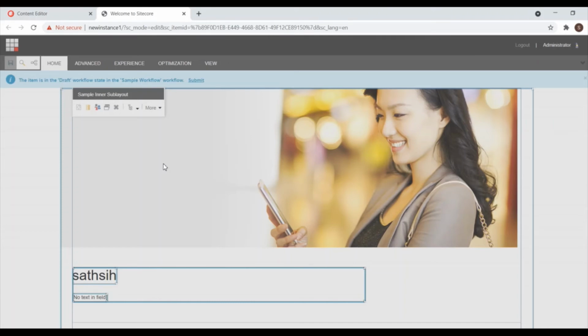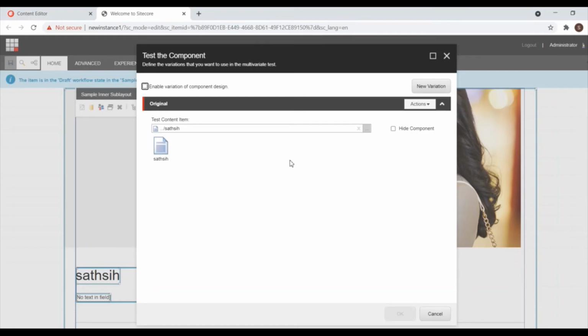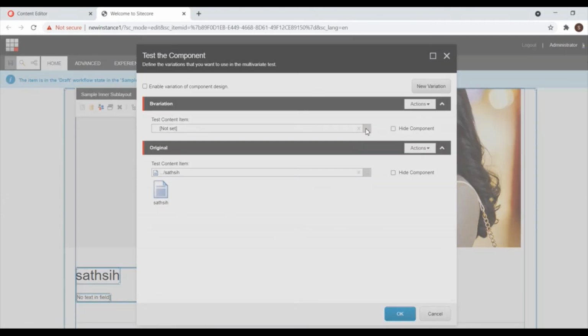In this page, I will create a new variation and change the data source. Currently this data source is tagged, so the variation is only original, and I'm creating a new variation. Let us name it B variation. Variation A. I'm selecting the component.